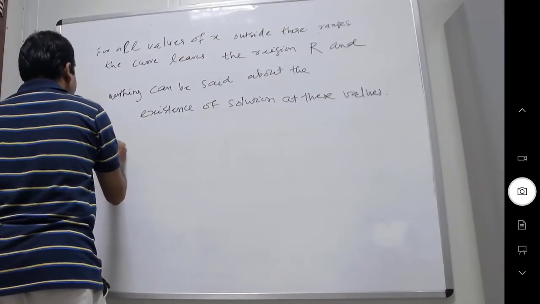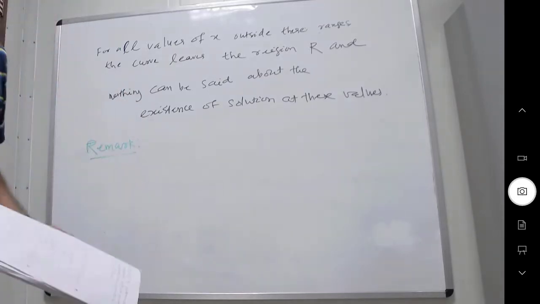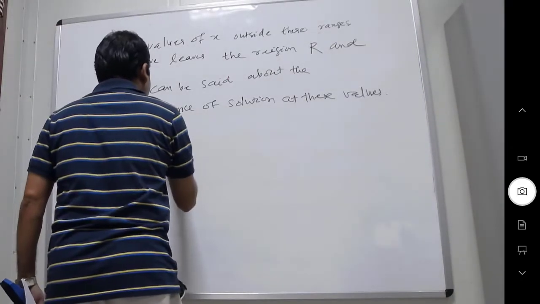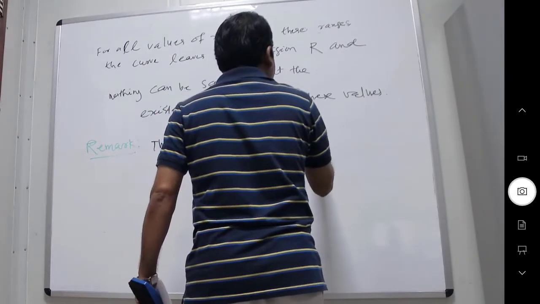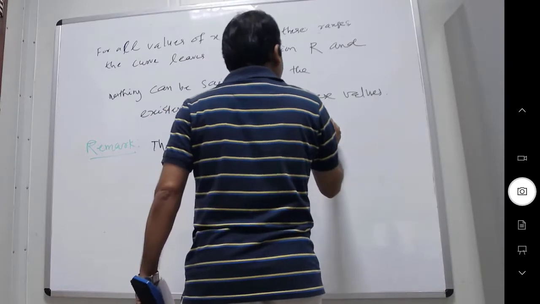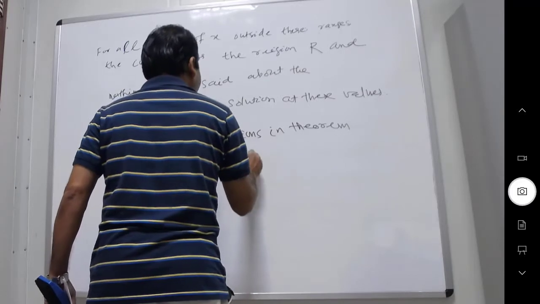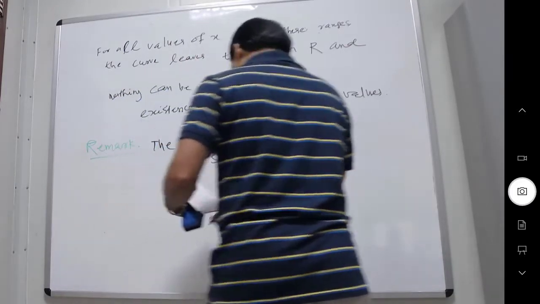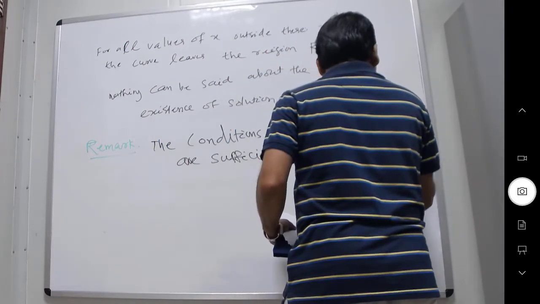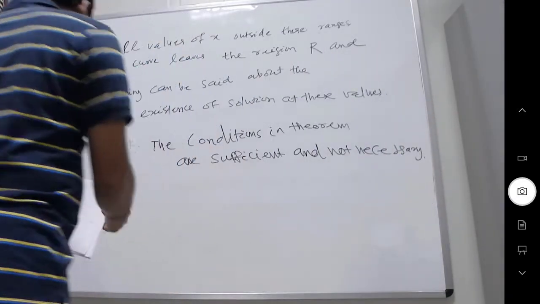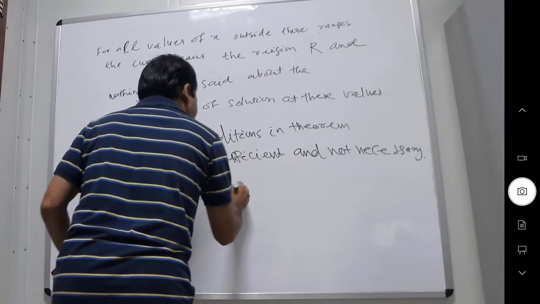Remark: the conditions in the theorem are sufficient. What do you mean by that? Sufficient but not necessary, right? And not necessary. So that is, if the conditions are violated,